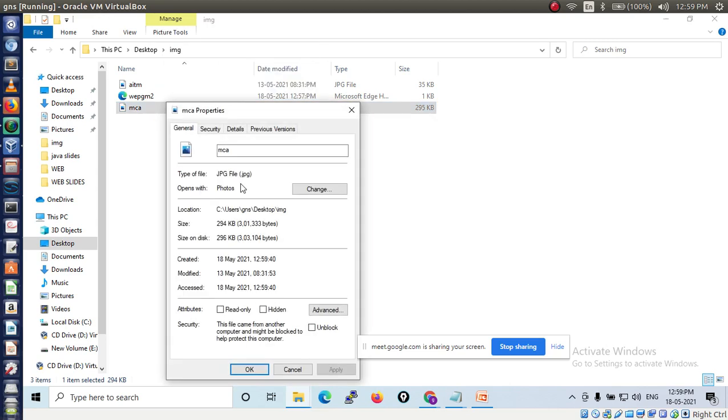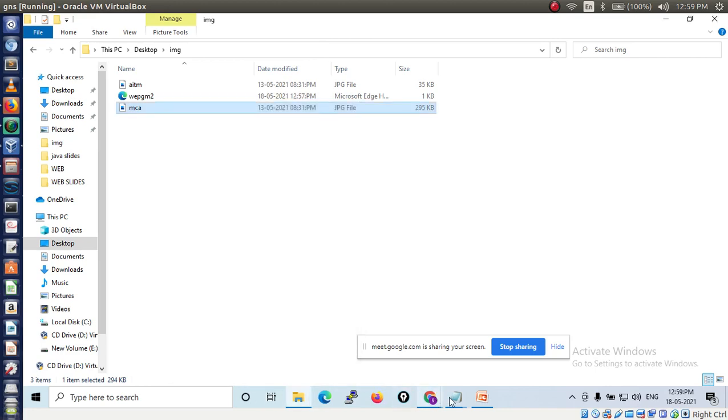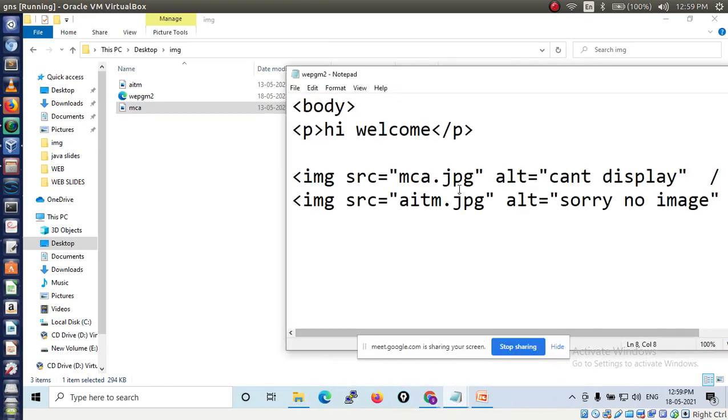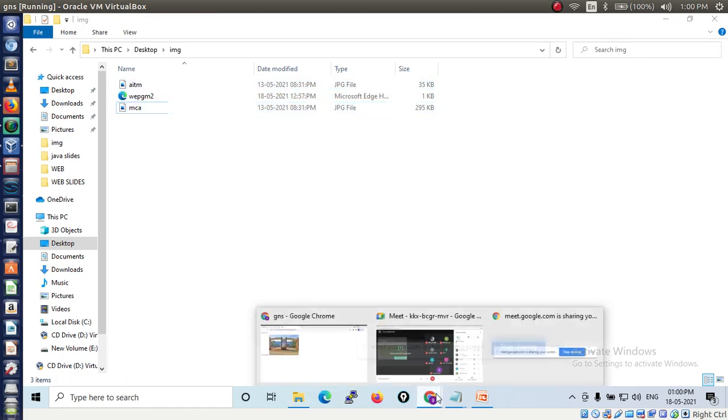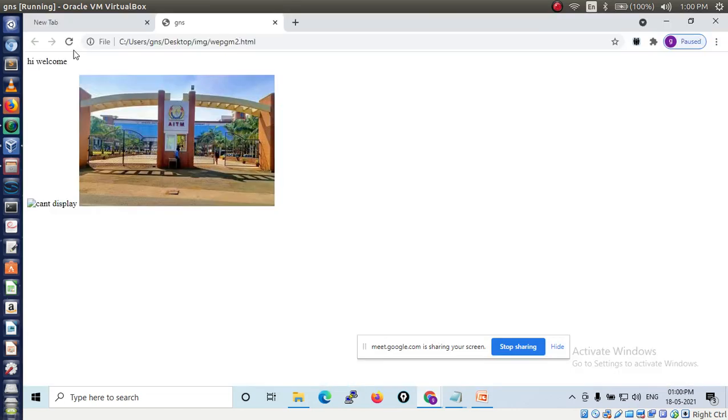Right click and properties, we'll see the extension .jpg also. So update here mca.jpg. Done. Two images are there. All of you see here, two images in the same file. In the same file you have to use two images. Okay, then we'll update this file.